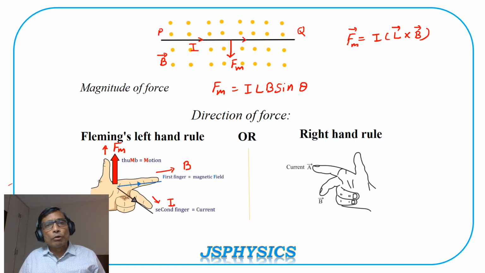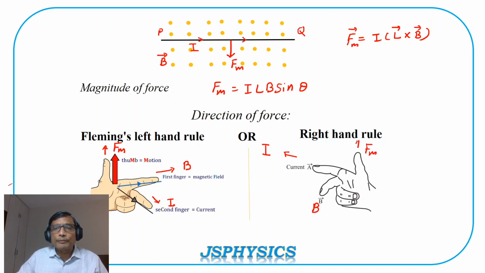Another rule is the right hand rule. We can apply it similarly with the right hand also. Take the right hand, keep your first finger, second finger and thumb mutually perpendicular to each other. Then your forefinger will indicate the direction of current, second finger the direction of magnetic field, then the thumb will give the direction of the force acting on the conductor. So in the diagram, the forefinger indicates the direction of current, second finger the direction of magnetic field. So this is B, then the thumb gives the direction of the force acting on the conductor. We can apply this rule also here, and you'll be surprised to see that the result will be the same.